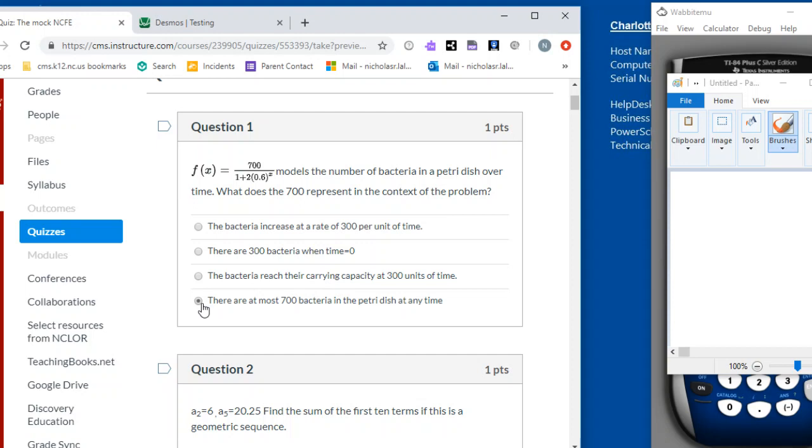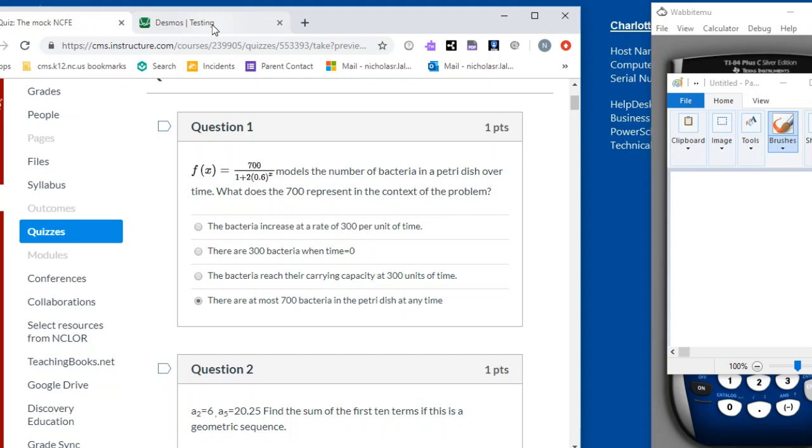And the reason I can tell you this answer right away is because if you can recognize this as a logistic function, the numerator divided by that constant that's added in the denominator is going to be the carrying capacity of a population. And 700 is the carrying capacity, the highest you can reach. If, however, you do not remember the properties of a logistic function and recognize the numerator divided by the constant that's by itself to be the carrying capacity, then you can